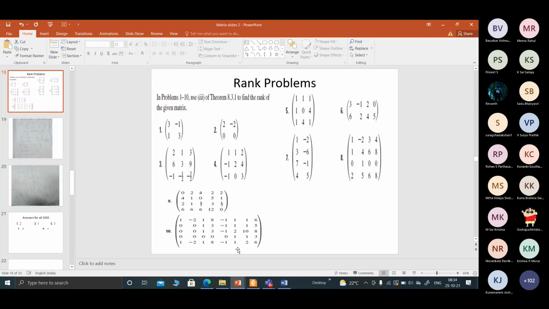Now another point is how do you get it? That's the question. Apply the Gauss elimination method to the matrix. At the end you will get the row echelon form, or reduced echelon form. Once you count the non-zero rows there, that will be the rank. Why do you apply this row transformation? Just to eliminate dependent rows. In the process of applying this elimination, the dependent rows become zeros. That's the only idea.